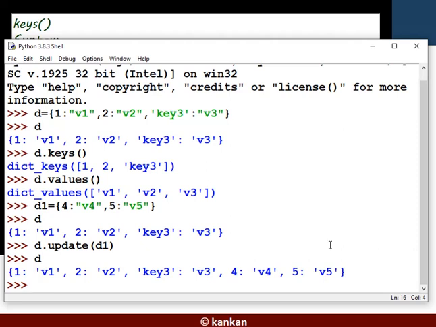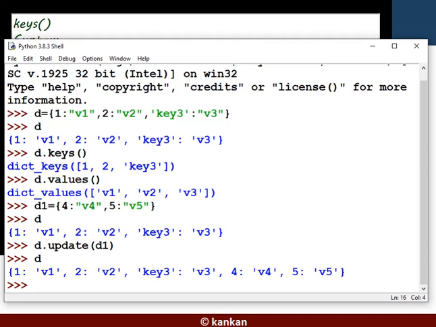So what happened? The items 4 colon v4 and 5 colon v5, the keys and values, are added to the dictionary successfully using the update method.